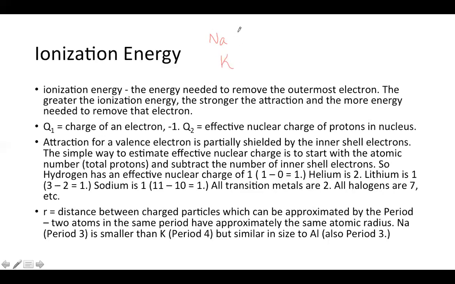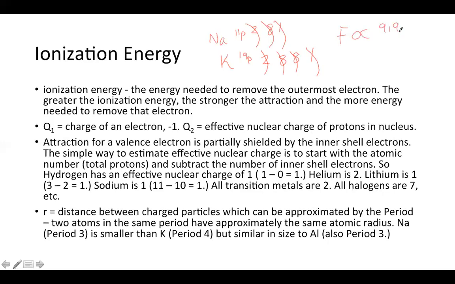Sodium has in its nucleus 11 protons, and potassium has in its nucleus 19 protons. Sodium has 3 energy levels, 2, 8, 1, and potassium has 4 energy levels, 2, 8, 8, 1. So in this case, the radial distance, the R distance between the nucleus and that valence electron, is different for these two atoms. So if we're to write Coulomb's law again,